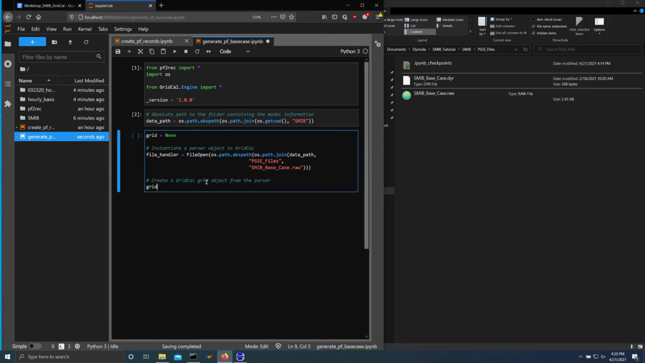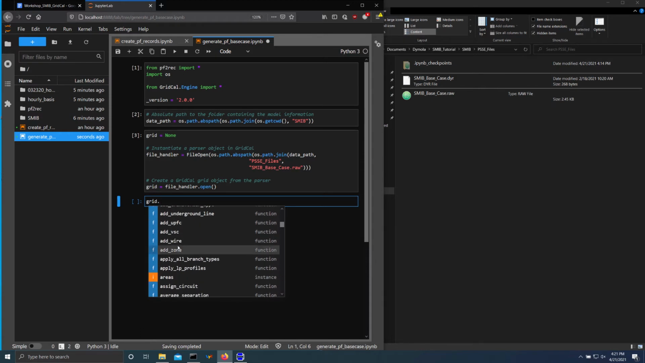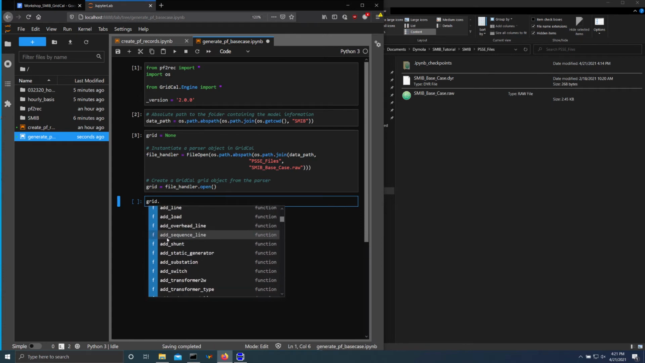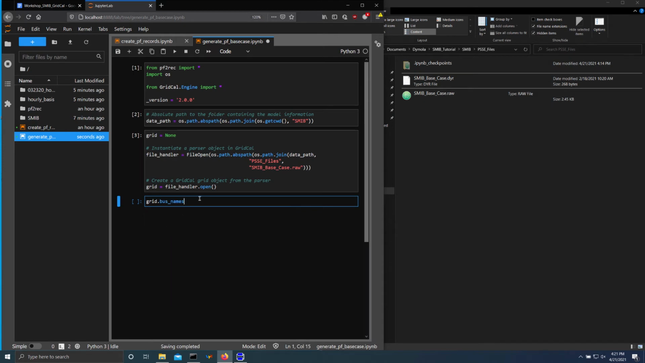So here in GridCal we would like a file handler that opens this raw file, and we will save it as a GridCal model. Once we are here, for example, we can get access into the grid class. If we would like to do a modified version of the SMIB model, we can use some of these other methods. Or if we want to have a look, for example, into the names of the buses, then